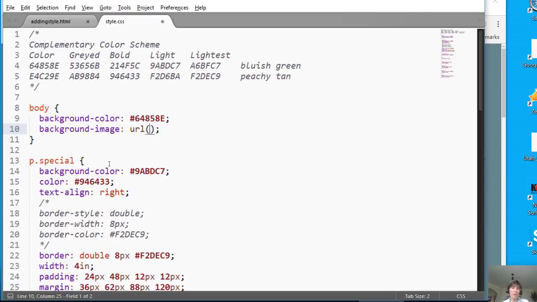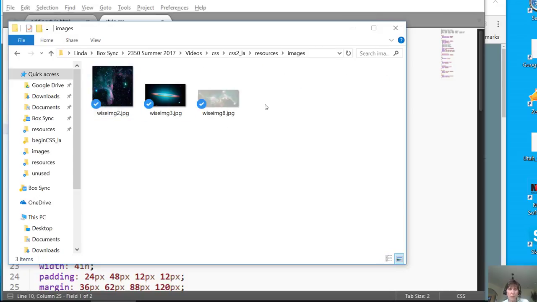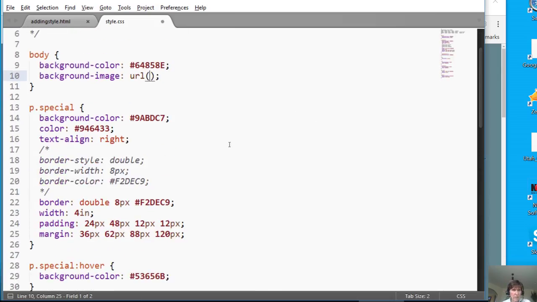And we do this the same way that we do our other relative ones. This is from where you are, find this image. So we know we have to go inside the folder named images, and we're going to use this one that's a little bit opaque, wiseimage8. So let's go ahead and type images. Notice no quotes or anything. wiseimage8.jpg,